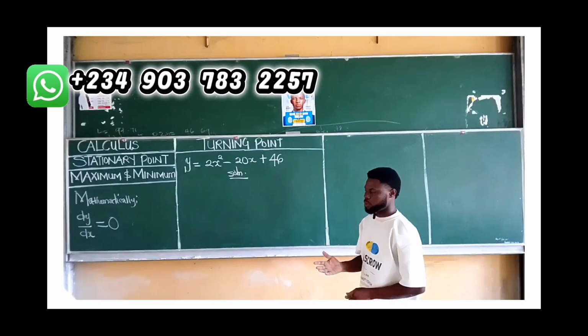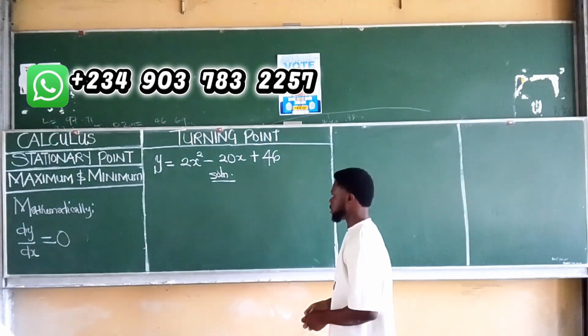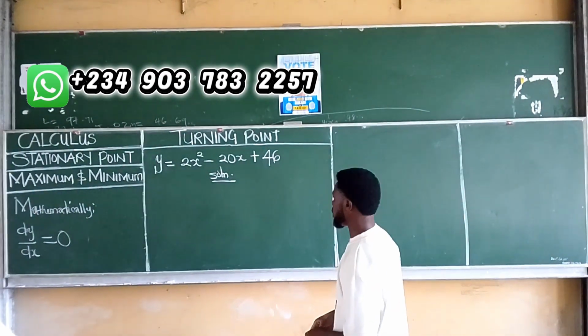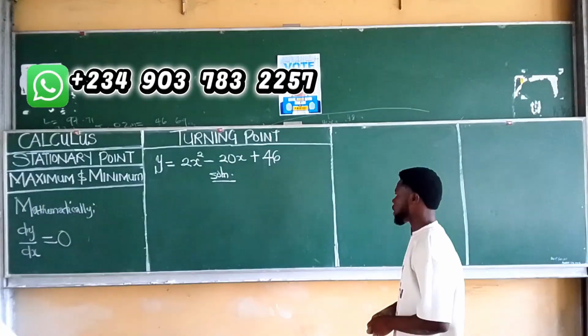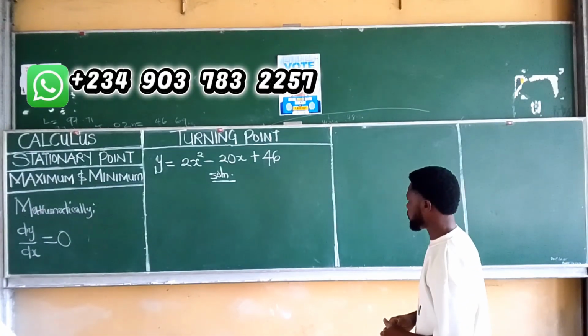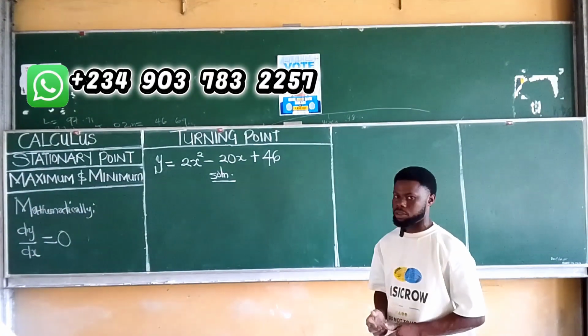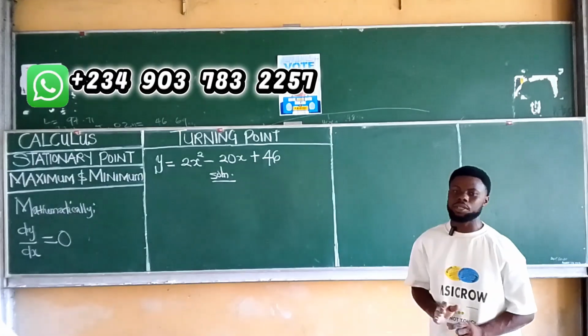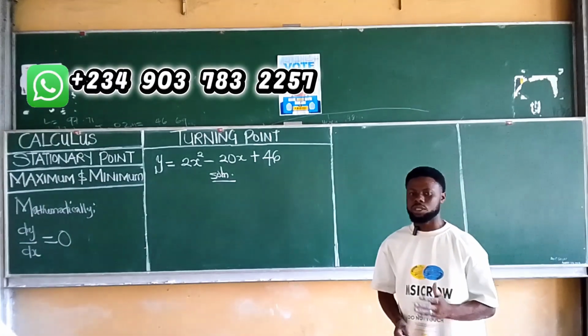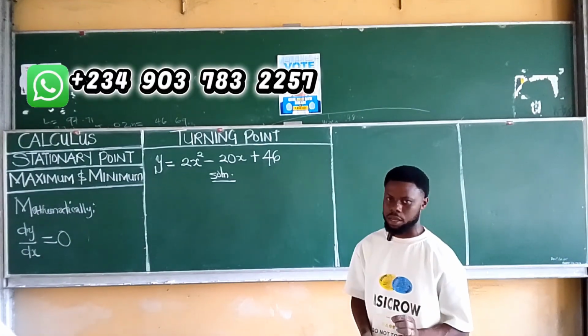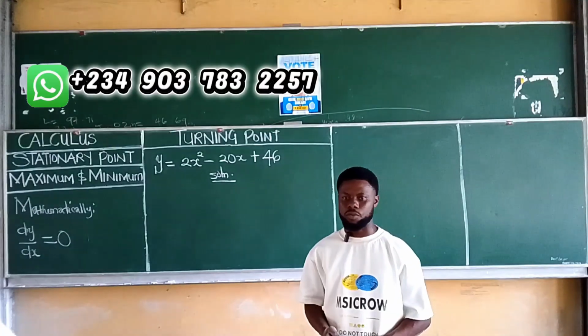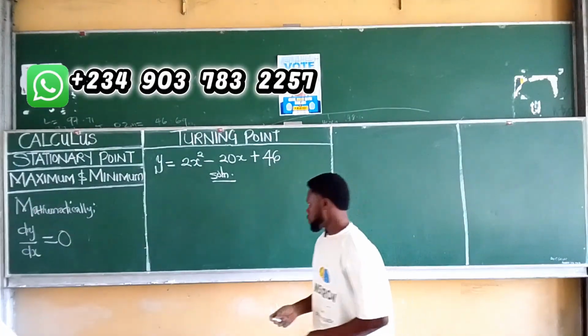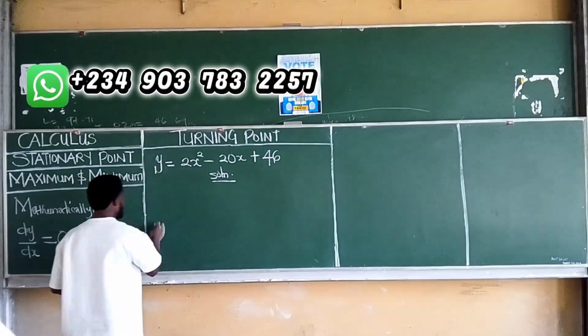Let's consider example number 2 on the board. The question is y is equal to 2x raised to the power of 2 minus 20x plus 46. What is the stationary point? Now this is very simple. When it comes to stationary point, the first thing we have to obtain is to determine dy over dx. So solution, dy